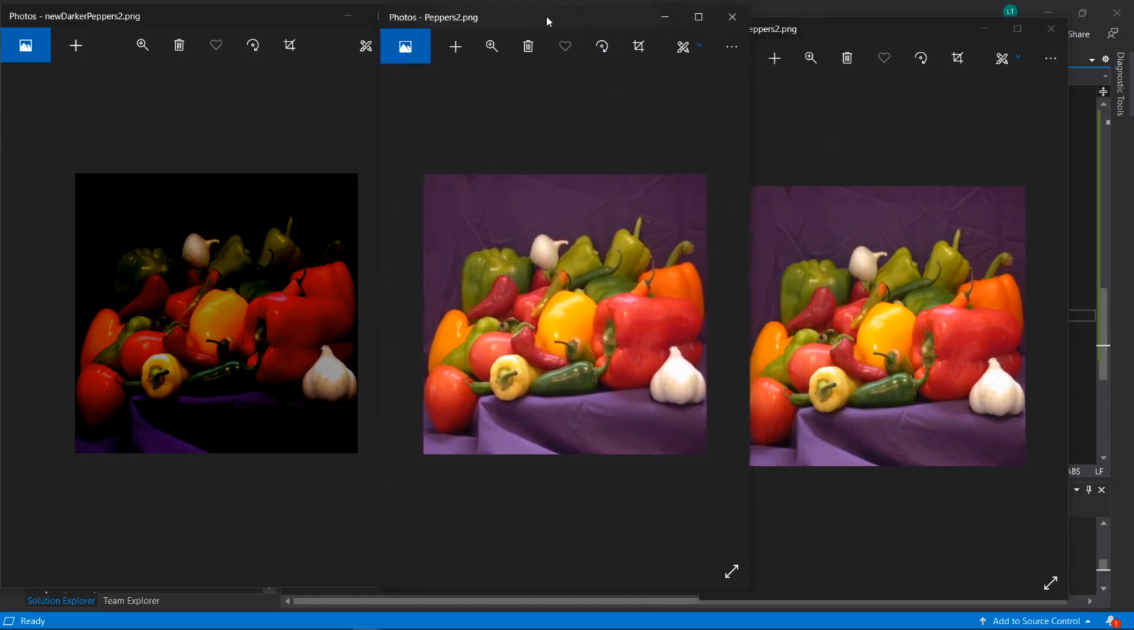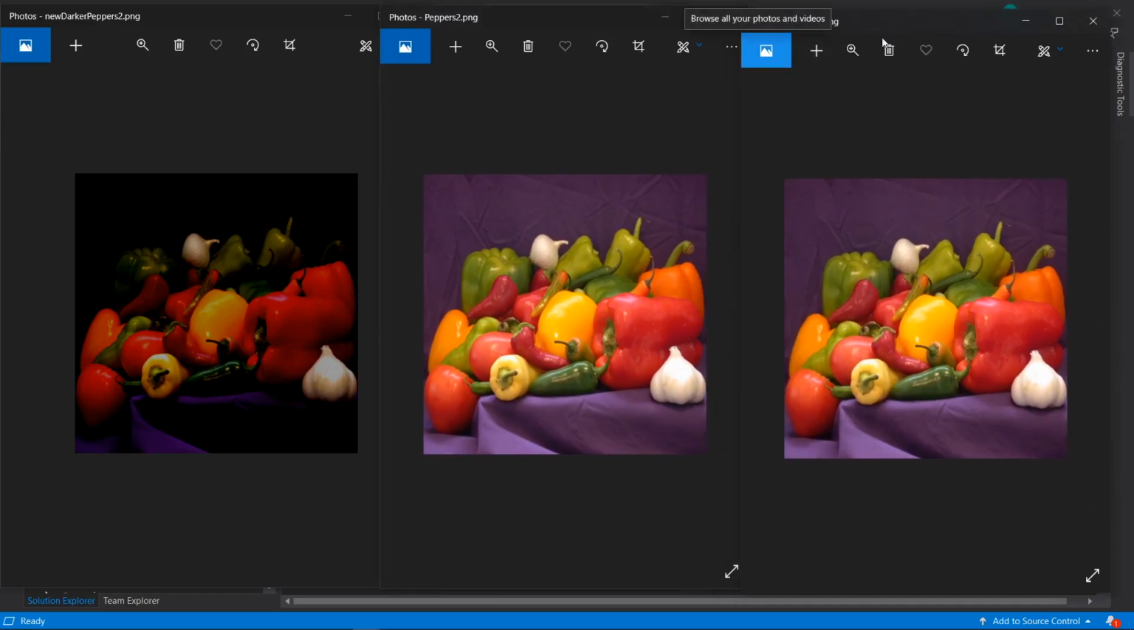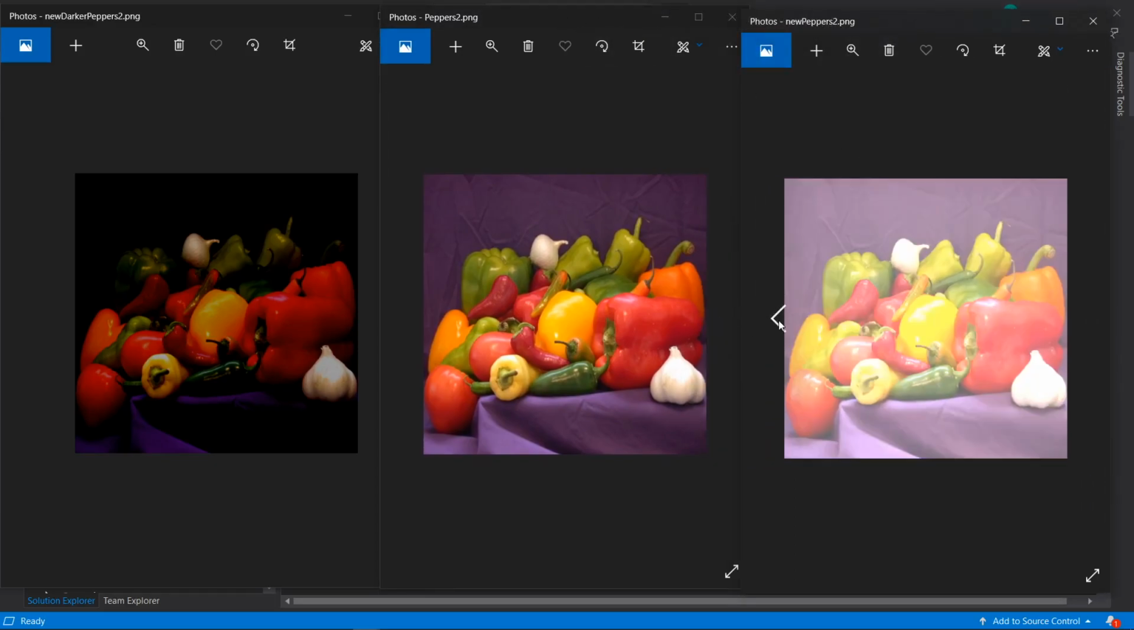So as you can see, ooh, why did I open that up? Okay, there we go. So you can see that you obviously have a dark image, the original image, and a bright image. And that is simply how you will increase or decrease the